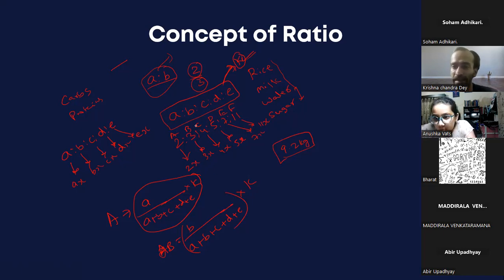So the bottom line is that ratios can be any number, A, B, C, D, E, F, G, H, it can be any number. If the total quantity is K, each quantity is A by the summation of that into K. Similarly, the quantity of B is B by the summation of that into K. This is how it works.